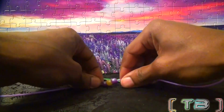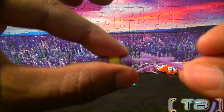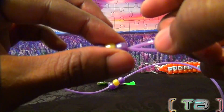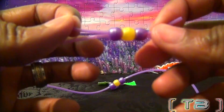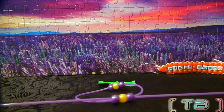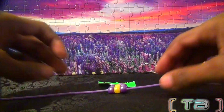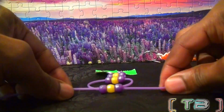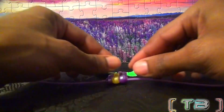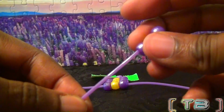Continue to repeat these steps when making additional rows. Add your beads to one end of the string, take your other end of string, run it through the beads as well, going in the opposite direction, and pull both ends of the string until you've reached the top. Now that you finish the second row, we're going to add on one more additional row. Now that you finish the third row, we're going to take one end of the string